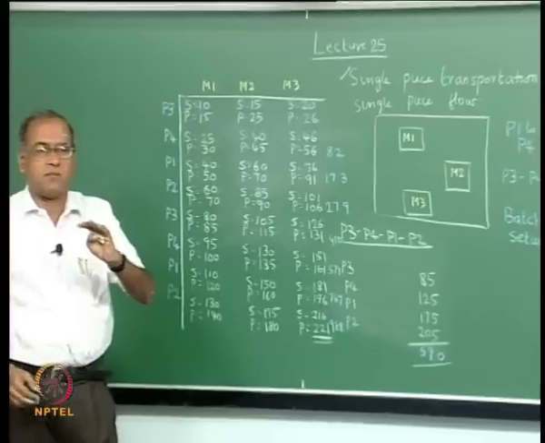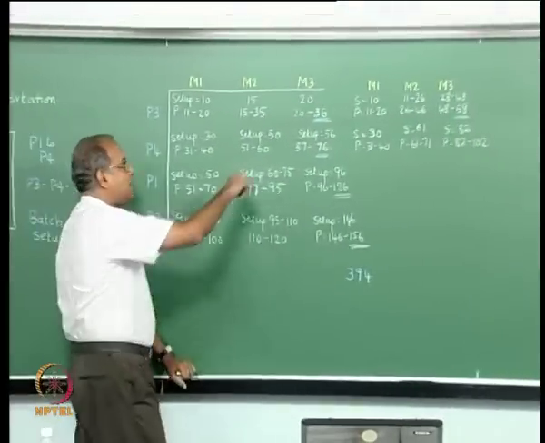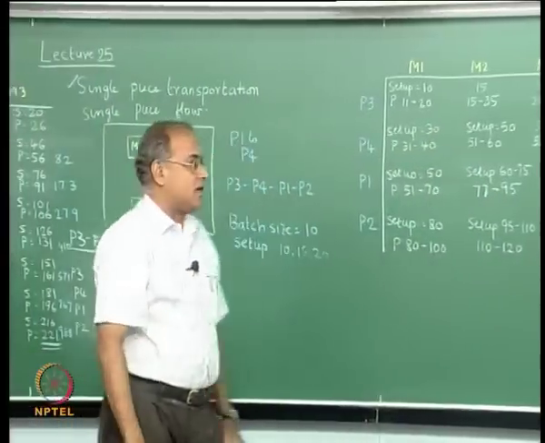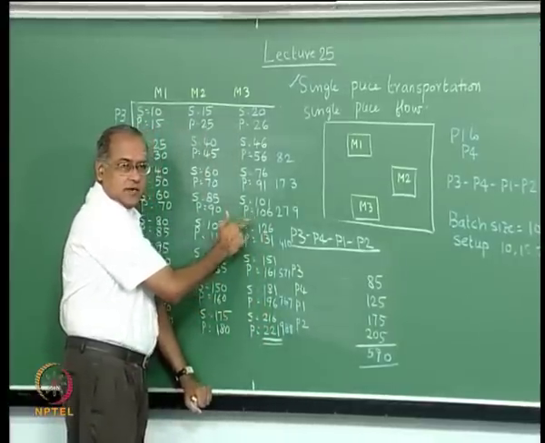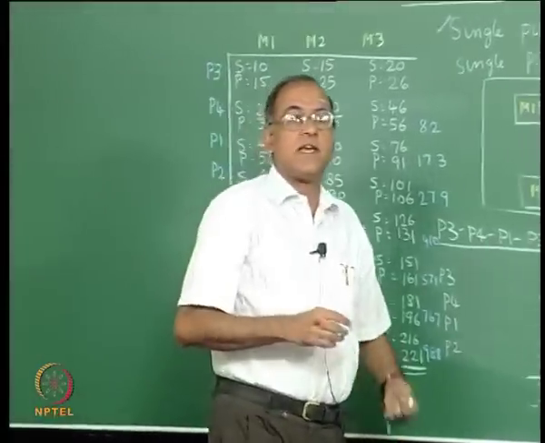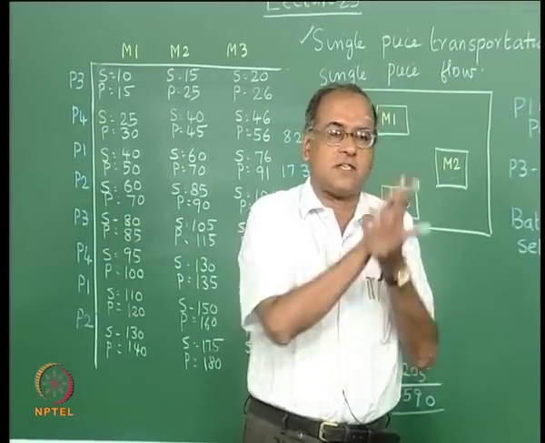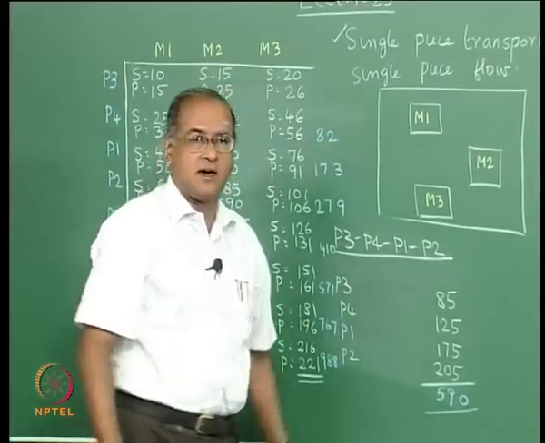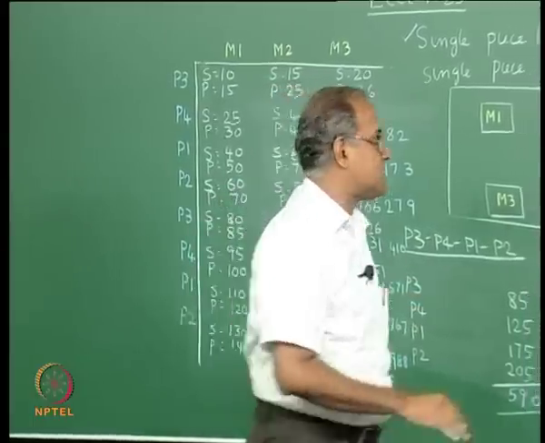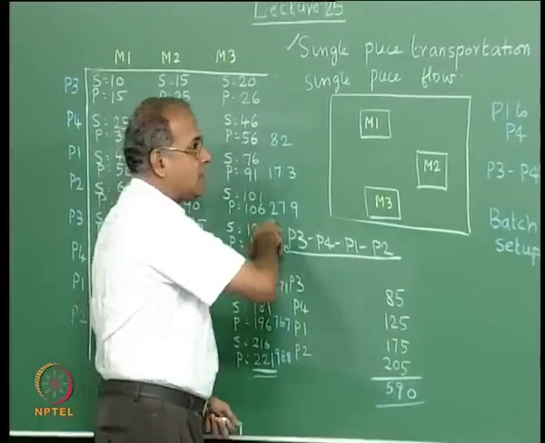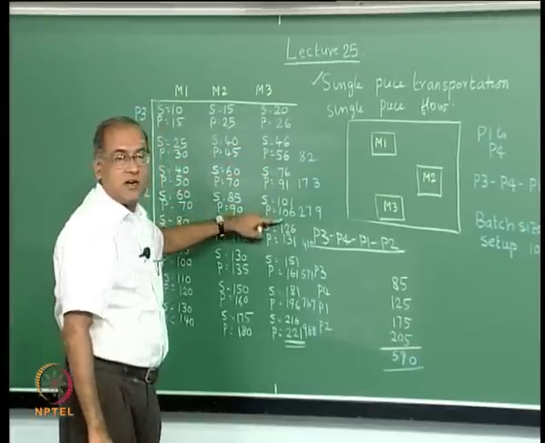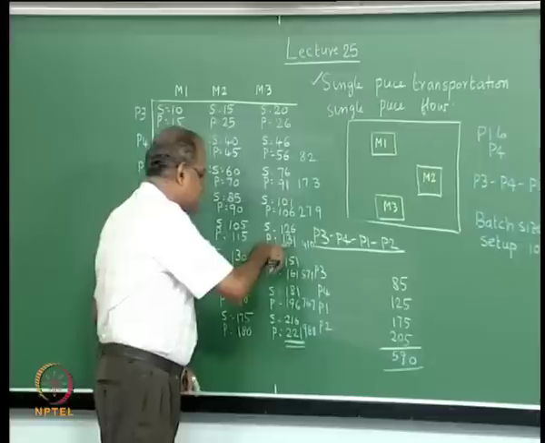The advantage of doing this comes from some interesting things. While all 10 of P3 can go at 36, all 10 of P2 can go only at 156. Now, look at P2 here at 106, 5 of P2 can go, the other 5 of P2 goes at 221. So, what we can do is, even if the demand is 10, for which the production batch size was made as 10 there and 2 5s here, we can deliver half of it quicker. So, the first batch of P3, P4, P1, P2 will obviously go sooner than 36, 76, 126, 156. They would go at 26, 56, 91 and 106. The next batch of 4 would take a little longer,